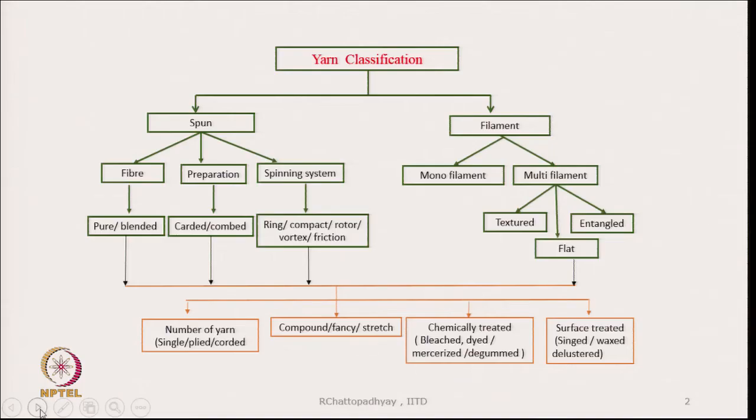Preparation technique wise, if we go through the spun yarn route, there are two possibilities, one is carded, the other one is combed. And the spinning system that we choose to produce the yarns can also vary. It could be ring spinning, compact spinning, rotor spinning, vortex spinning, friction spinning. So, so many ways the yarn can be produced, and